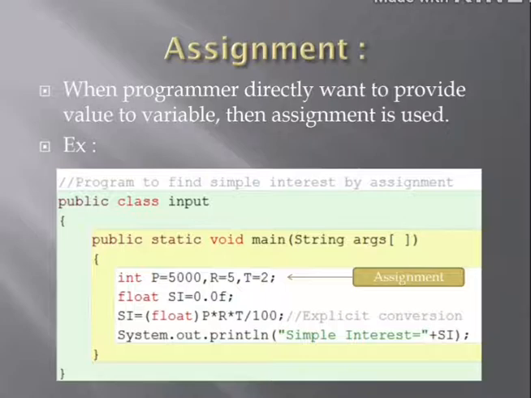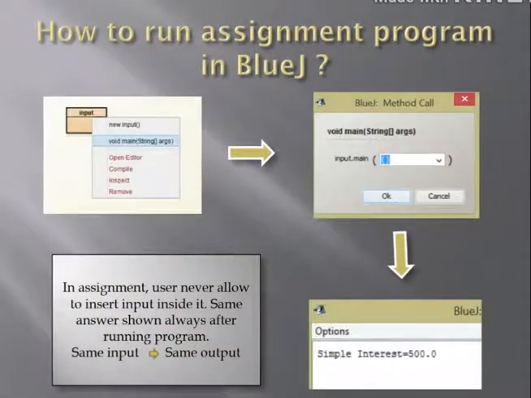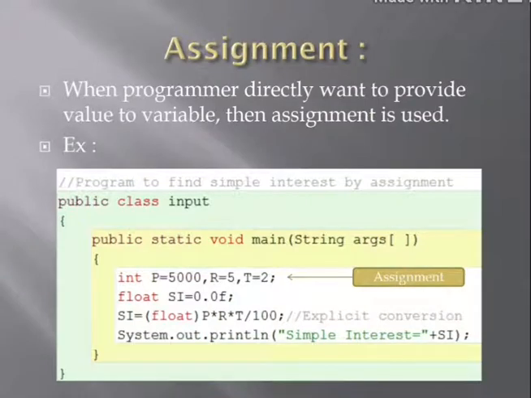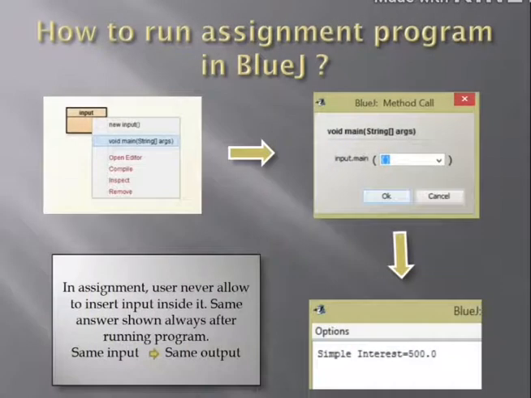And now I'm going to tell you how it looks when we are running our program. We have to visit where we had written that portion. We have to visit that is input, and we have to right click on it. Then we have to click on void main. After that, we get a dialog box. We have to press OK, and after pressing OK, one terminal window opens. In that terminal window, we get the output. It means input we had already provided in our program, and output we are getting in the terminal window.